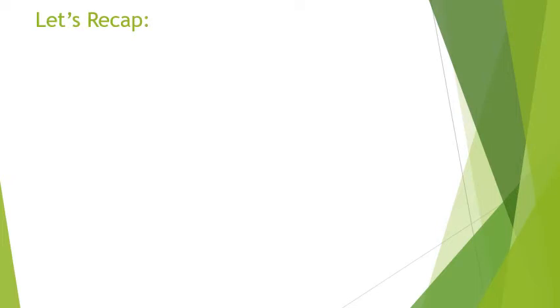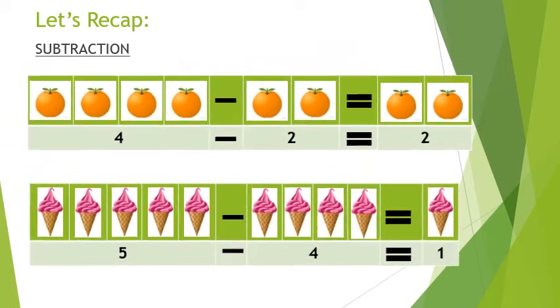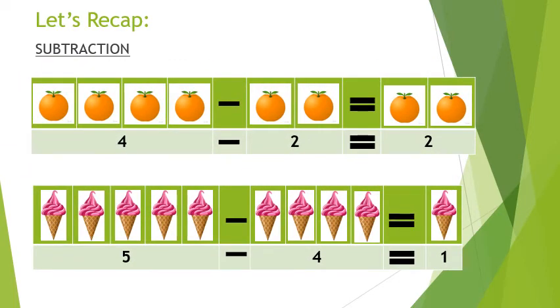Let's recap, continue. Subtraction. So children, this we have done in our previous session also. This was the first form of doing subtraction using pictures. Do you remember, children? I have explained this example in our previous session, that you will get some number of pictures. From that you have to cut some number of pictures and the remaining pictures will be your answer. Right? So this was one form of doing subtraction.